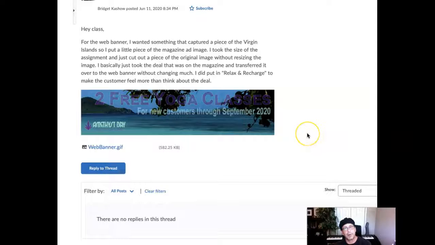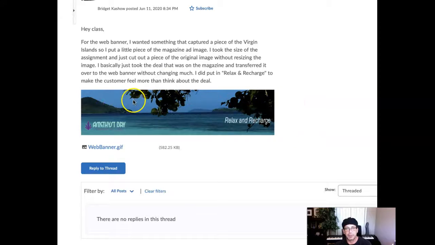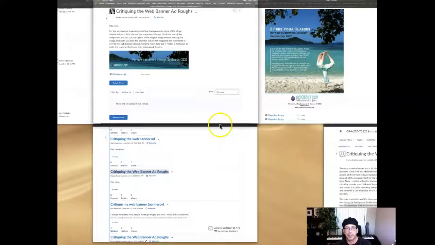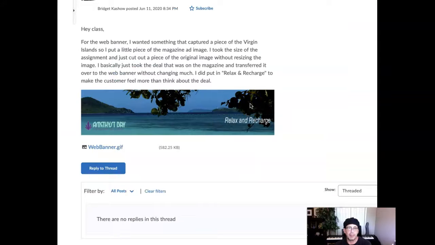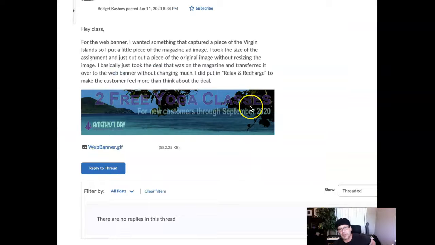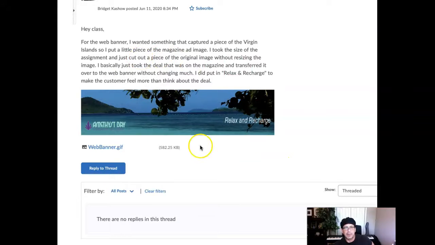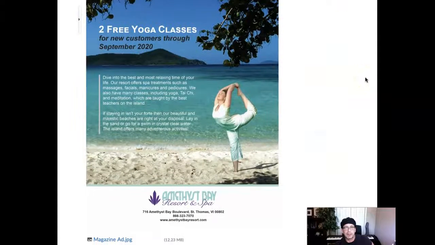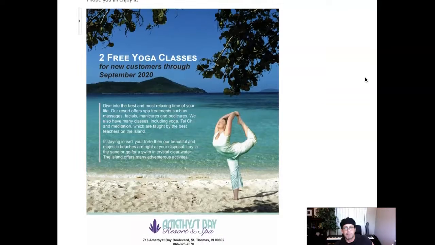Bridget, your banner presents a very interesting situation in that your call to action is actually your headline and your subhead. Now, this assignment, in the course announcements, I had requested that students include their magazine ad along with the banner ad in this submission so that we can check the adaptation from the magazine ad. I don't see that, but I think it's really important to take a look at it. So I pulled it up here.